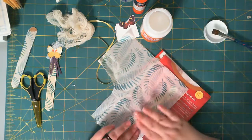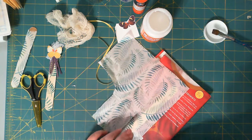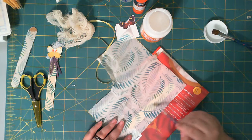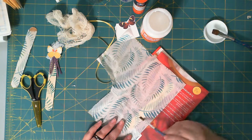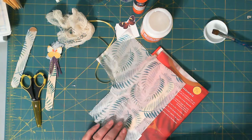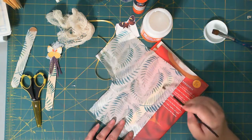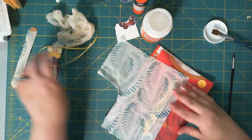Alright, and then gently lay it down, smooth it out. If you don't want to use your finger, get a really soft, dry brush, and you can smooth it out. Sometimes that works a little bit better than using your fingers. Okay. Alright, and when you think you got it down,